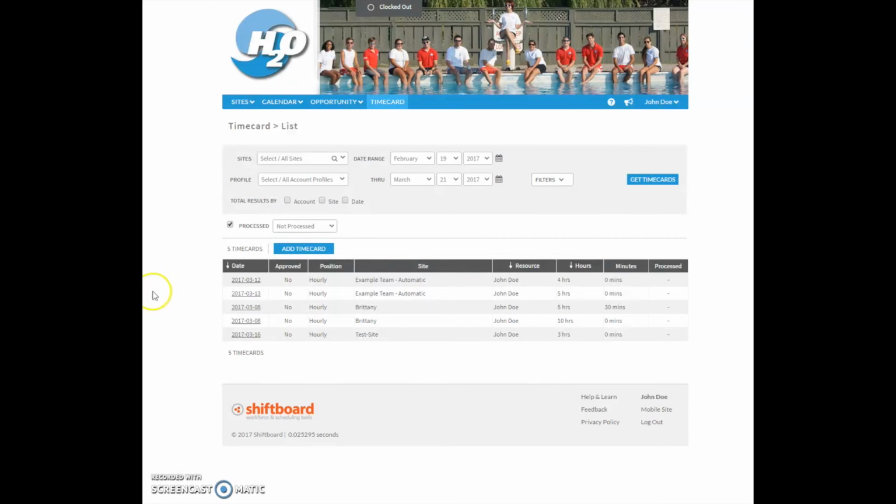The final section I will show you is where to find your personal information. If you go to the far right on the screen, you will notice your name. Under your name, there is a drop-down list with several tabs: My Account, Inbox, Time Card, Time Off, Change Password, and Logout. If you click on My Account,